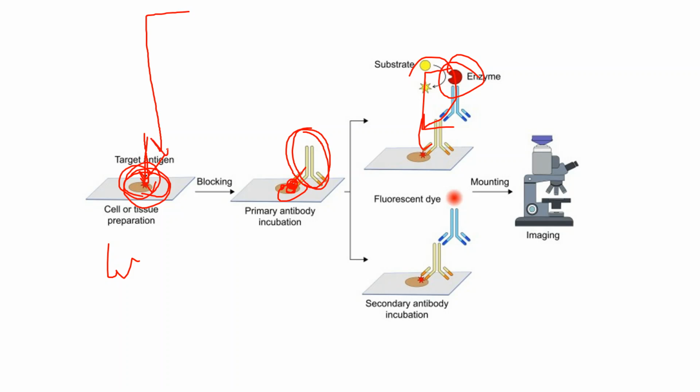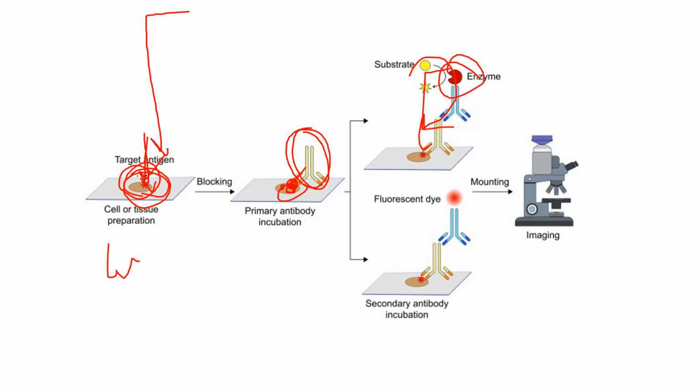This is kind of the same as what we see in the Western or ELISA. In the Western, we are checking only the protein; we can't see the location, where the desired location is. We can see the molecular weight, whether the particular protein is there or not, right? And there we extract the proteins. We can't go for the full cells; we have to lyse the cells. We can only see the amount of protein.